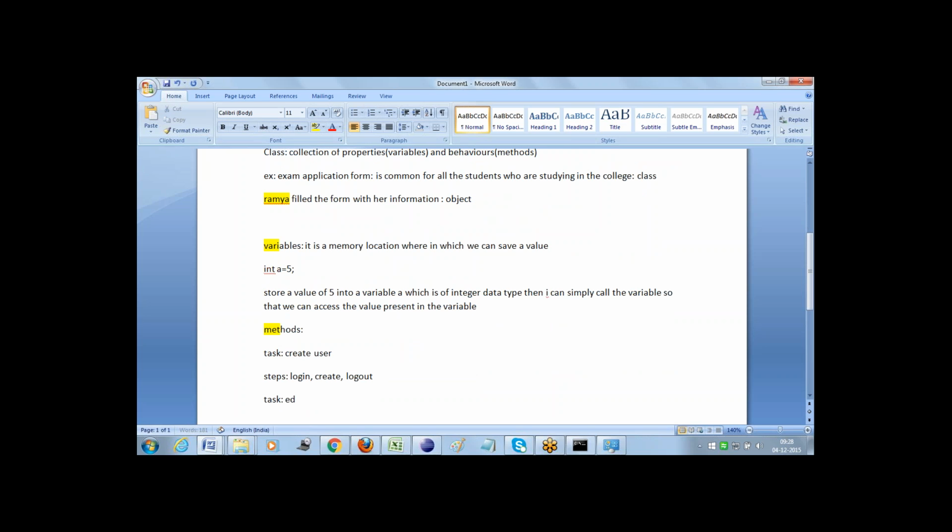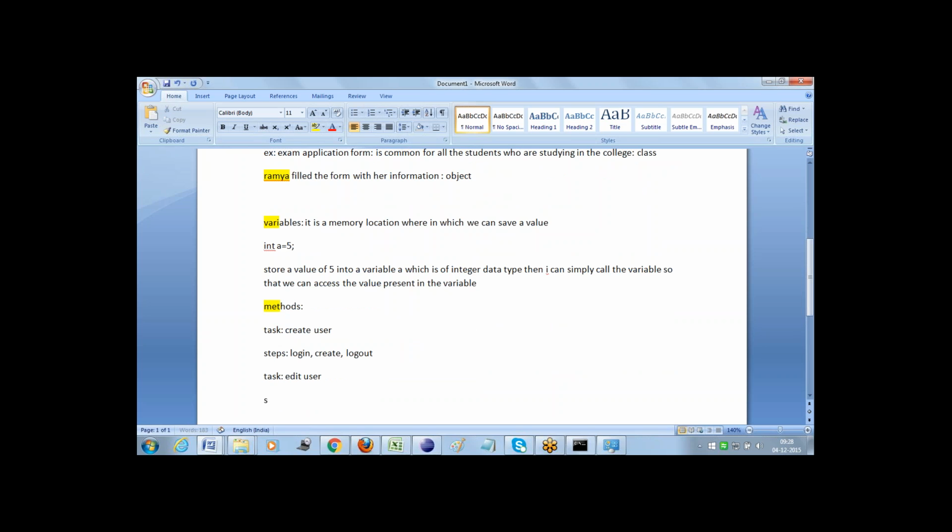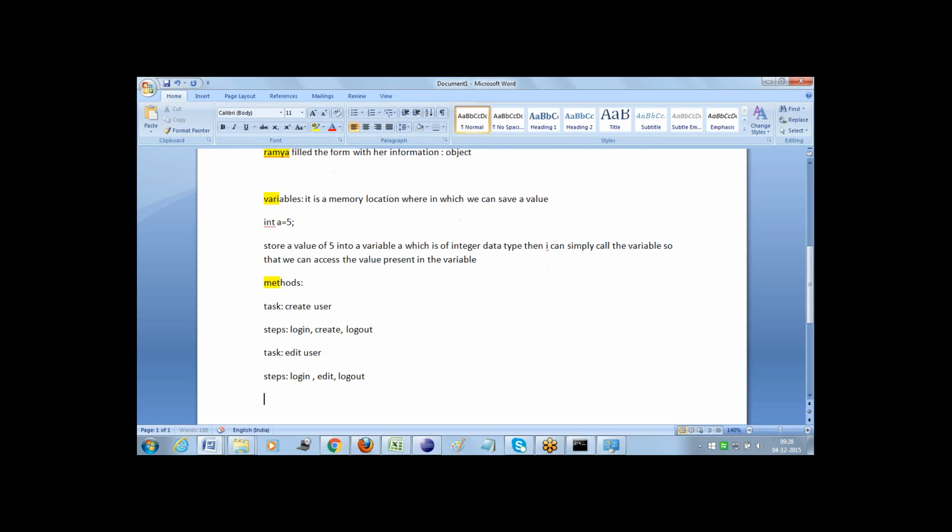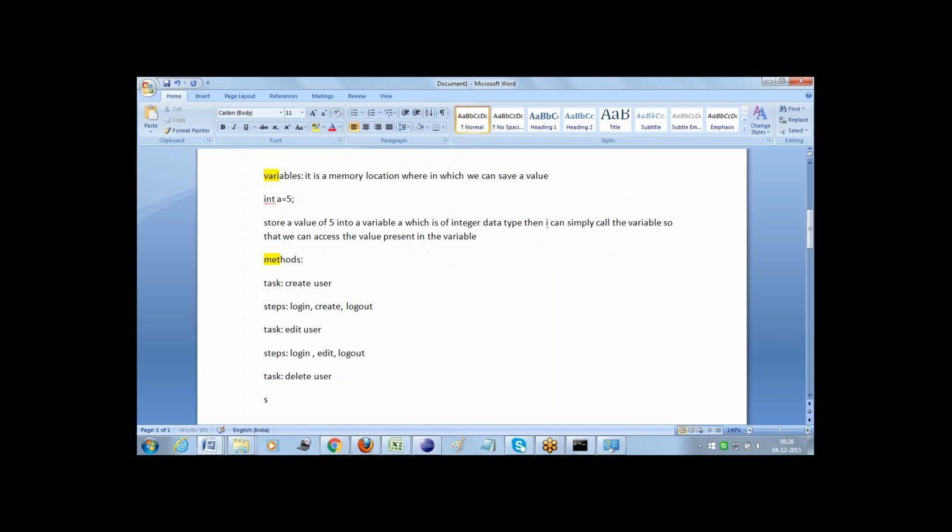Another task is to edit the user: login, edit, and logout. Another task is to delete the user: login, delete the user, and logout.